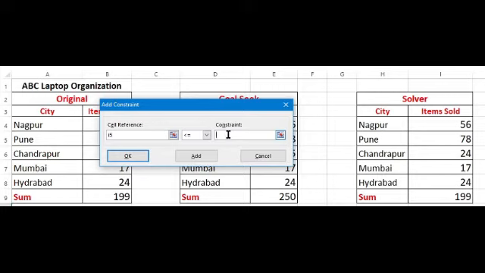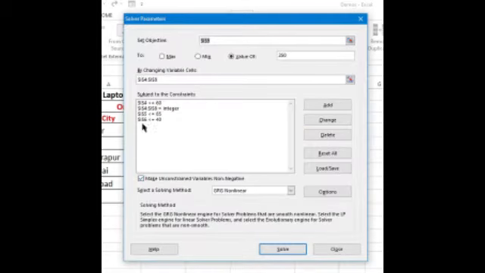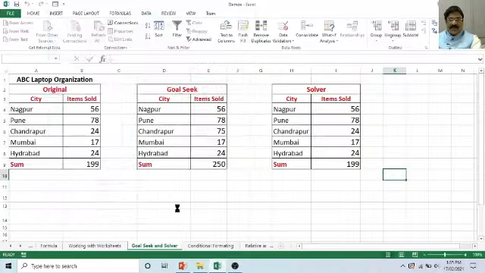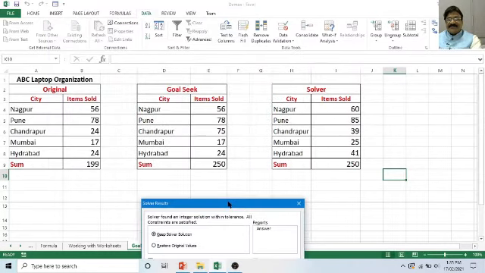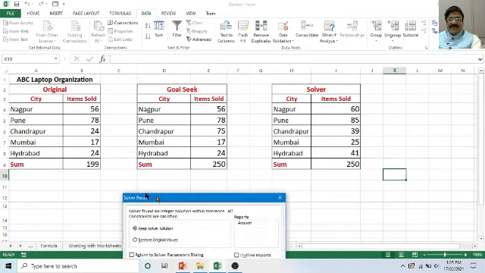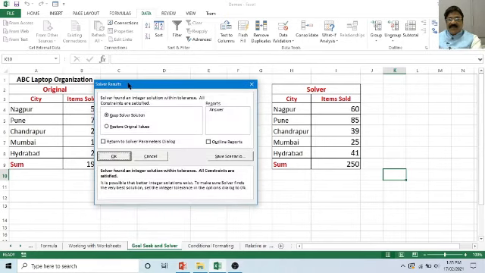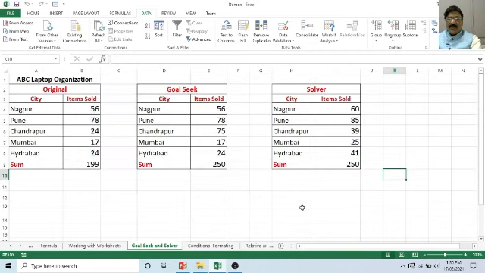The value should be less than 85. Okay, and click on OK. So these are the 4 conditions that you have specified, and now click on solve and observe these values. If you like to have these values, you can simply click on OK. Otherwise, you can also restore the original values. So simply click on OK.